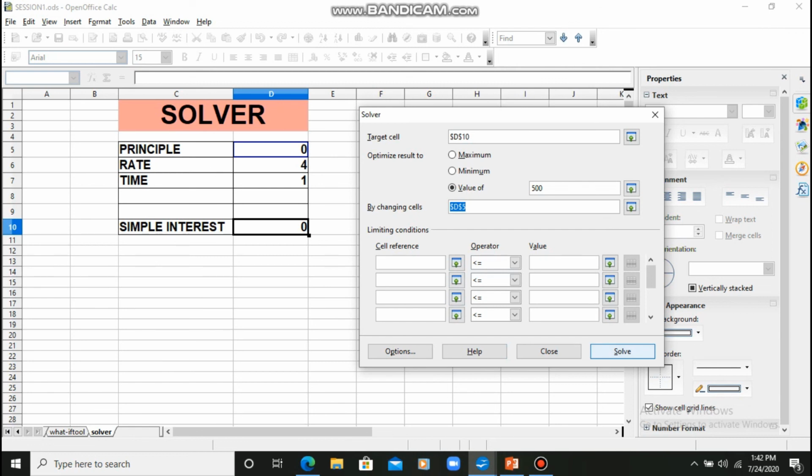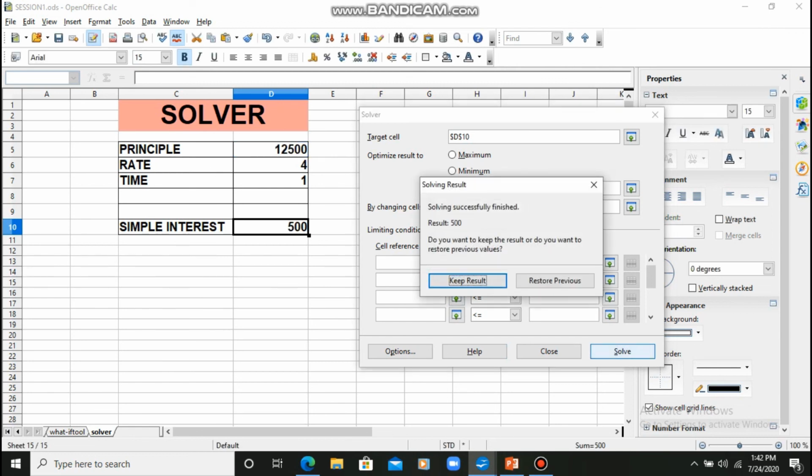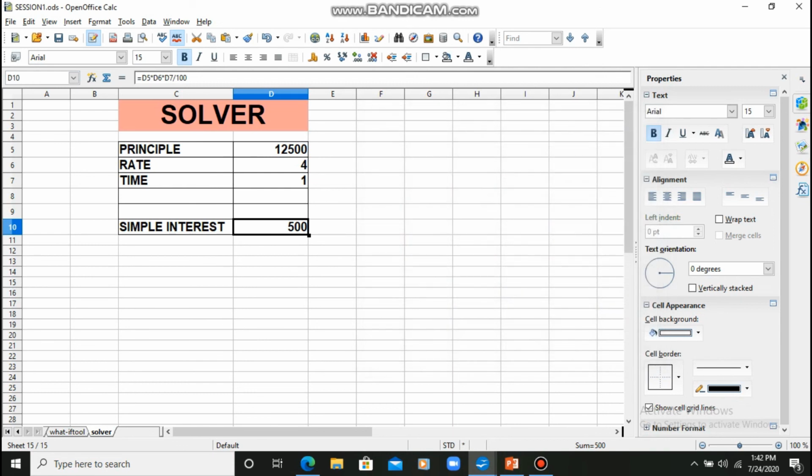Now you will get a solution. Do you want to keep the result? Yes, keep the result. See, students, my principal amount is now 12,500. So students, solver helps us to solve the problem. I had a problem, and my problem was I just wanted the simple interest to be 500. So for that I just